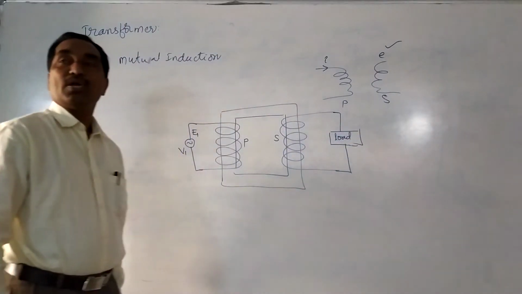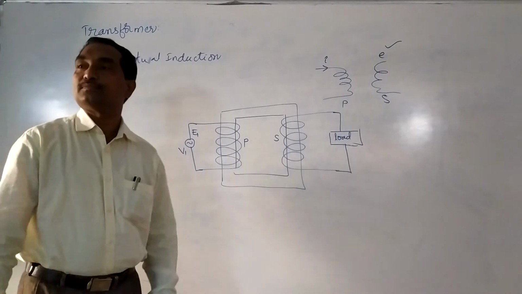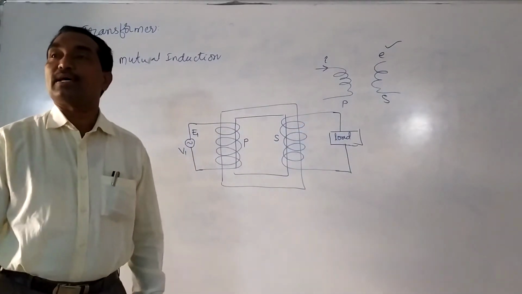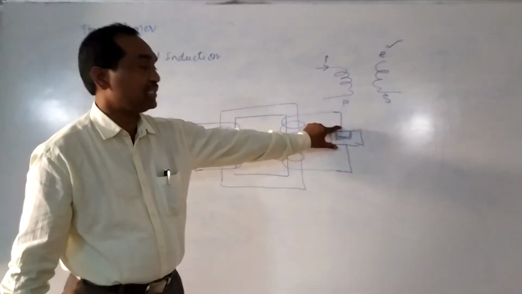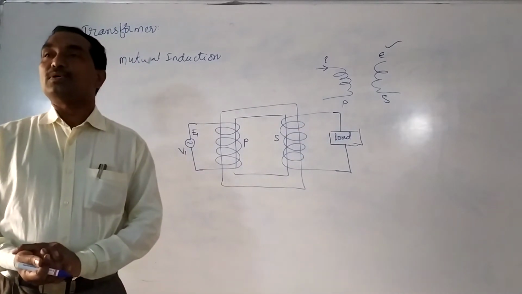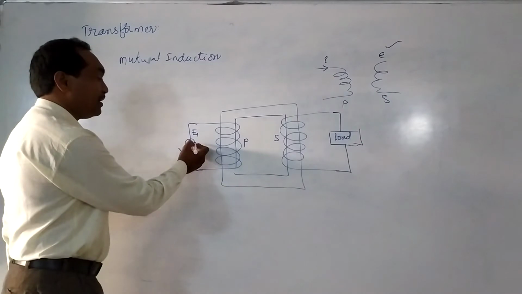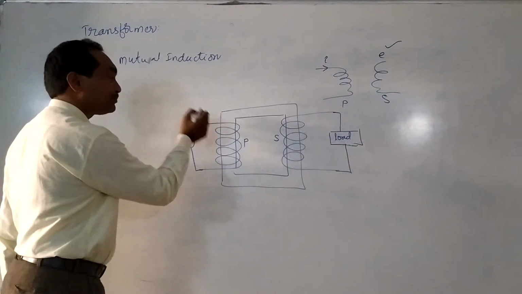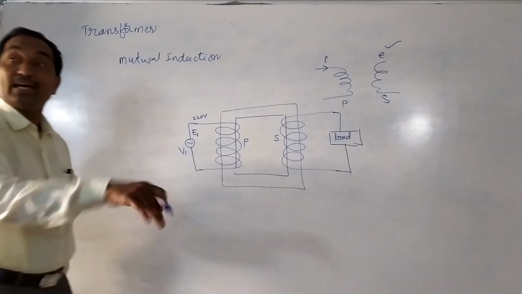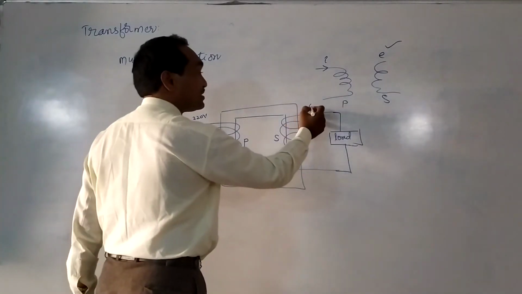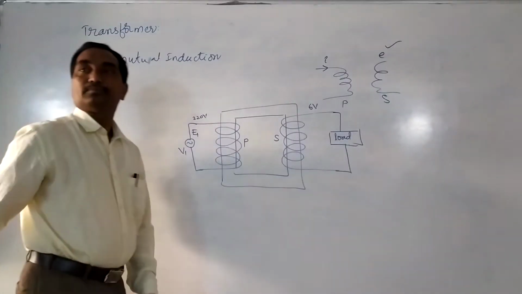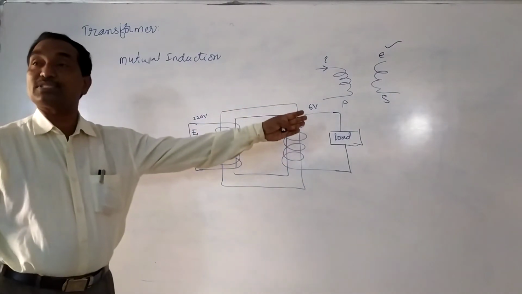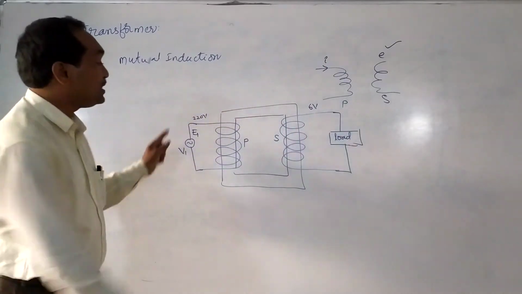For example, you want to charge a cell phone. So this is the cell phone. We want to utilize it for a TV. So this is the TV. Because we want only 6 volt. For example, this alternating current which is coming from the supply is 220 volt. It will be converted into the required voltage, for a cell phone this is 6 volt. So to convert from 220 volt into 6 volt, the transformer circuit is enough.